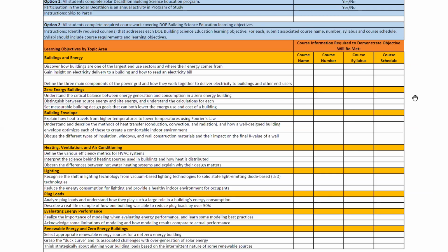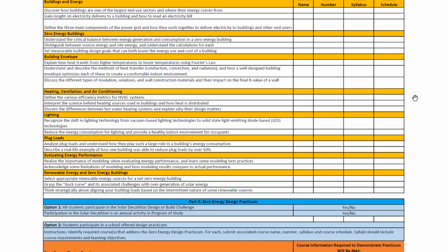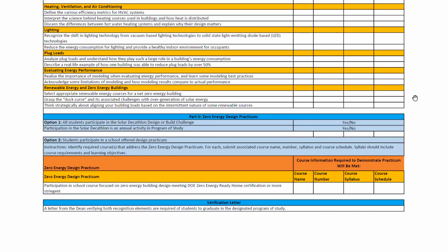And then you'll move to part 2, and you'll be asked the question again, are the students going to meet this requirement through participation in Solar Decathlon? If they are, you just simply check yes. If they're going to participate in a zero energy design practicum as part of a course that you offer, then you'll simply let us know the course name, the course number, you'll upload the syllabus, and you'll upload a course